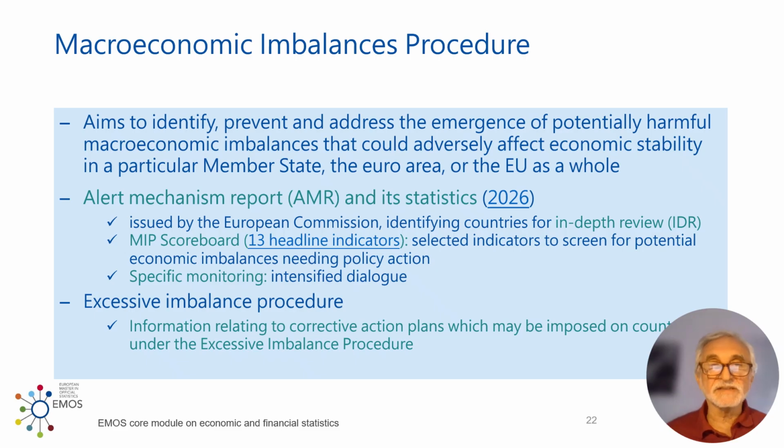The macroeconomic imbalances procedure again is very, very data rich. It is basically the idea to have an early warning system to identify macroeconomic imbalances early on. So basically to avoid what we had in the great financial crisis, that we are all suddenly surprised by the problem. So it consists of a scoreboard, the so-called MIP scoreboard, with 13 headline indicators and other selected indicators. So it is extremely data rich, and there is a report done every year. You can also look at it on the internet. But again, they are very much data based, and you need a lot of data.